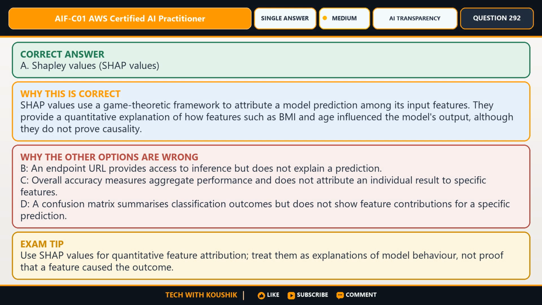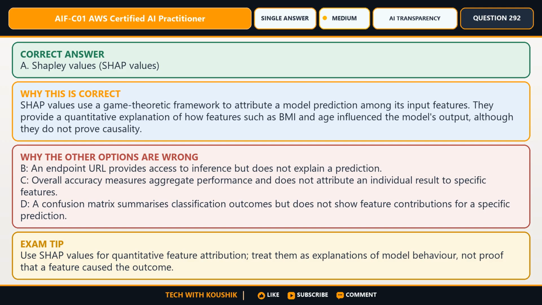Here is the reasoning that confirms the answer. SHAP values use a game-theoretic framework to attribute a model prediction among its input features. They provide a quantitative explanation of how features such as BMI and age influence the model's output, although they do not prove causality. The remaining options fail one or more requirements.